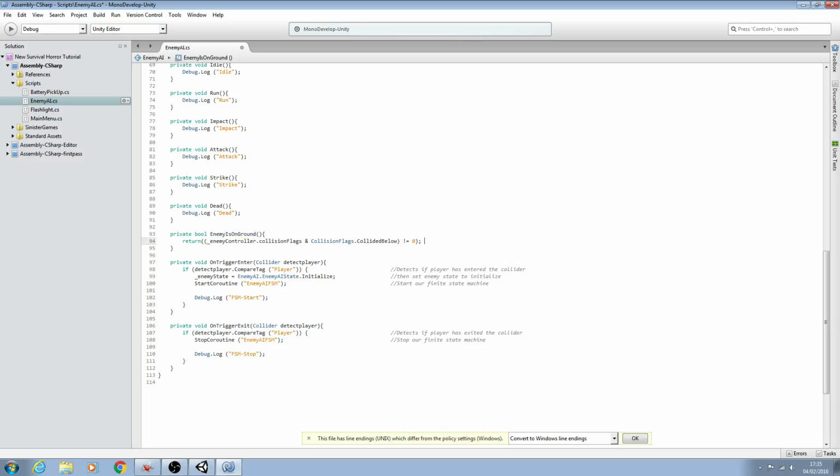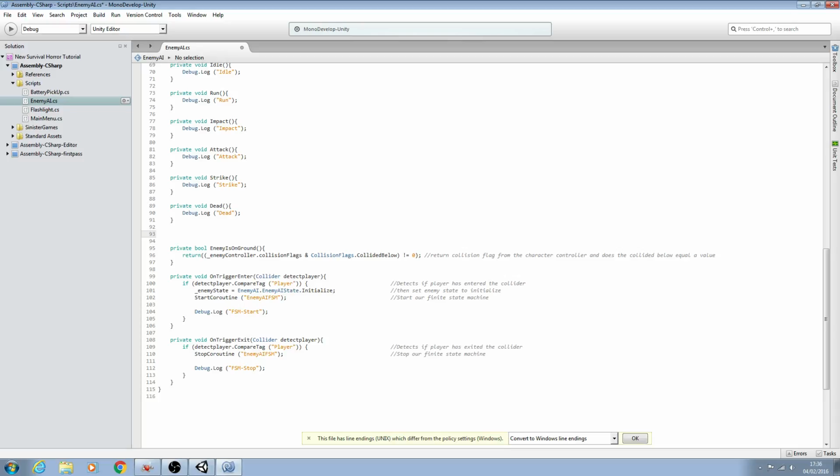So we'll put that into the comments here, and we'll say return collision flag from the character controller, and does the collided below equal a value. And then we'll come above this and we'll actually create the gravity function now, and it can